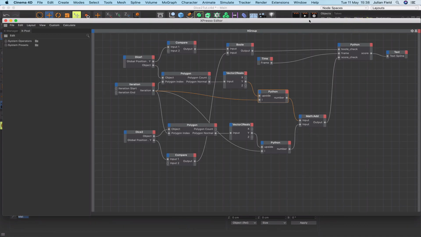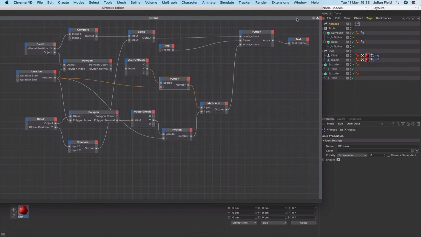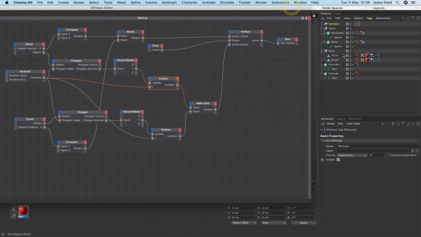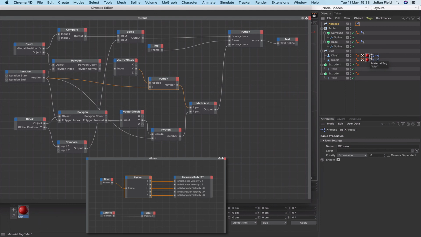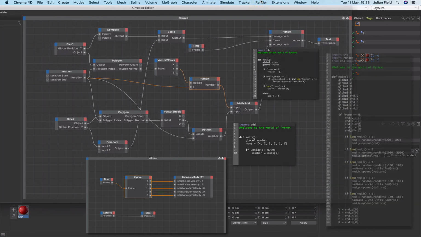Let's have a look at that again so you can see what we've done there. And we'll also bring up a separate window to show you the other code as well, just so that we can have a quick look at everything that we've done, including our Python code. As you can see, it is quite involved to actually get that to work, but it's not too bad as long as you work systematically and do it in stages. Quite a lot of it is just copy and paste, as you saw with the code, and also some of the